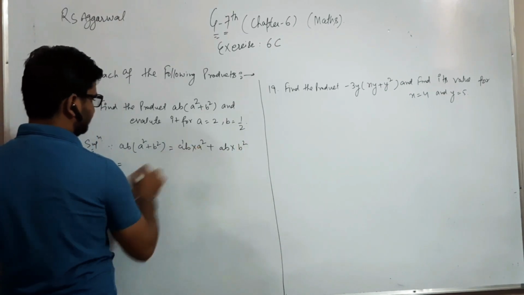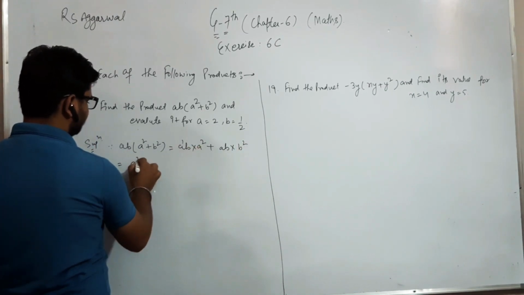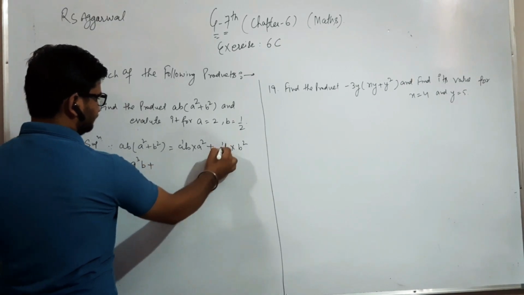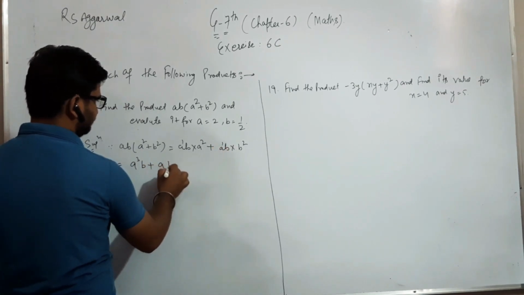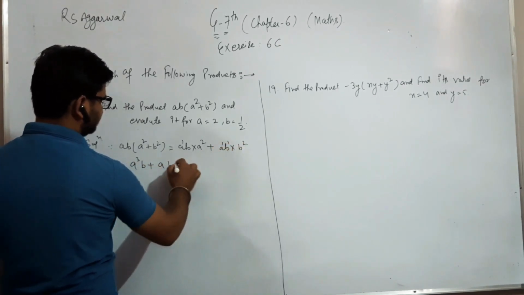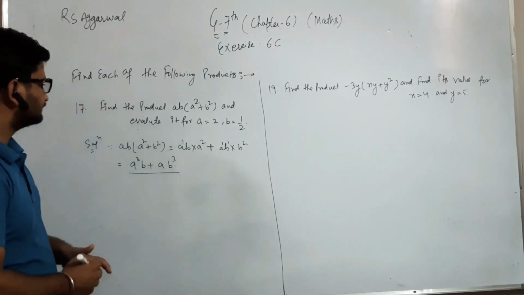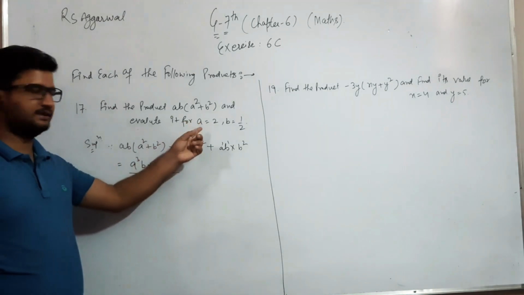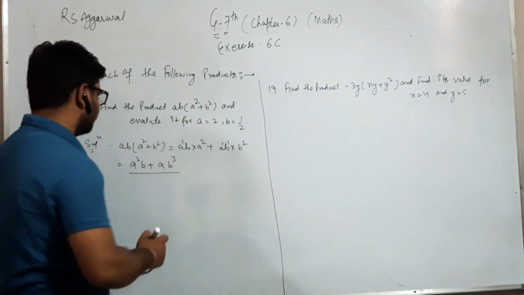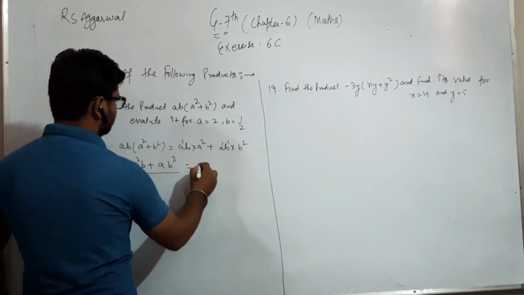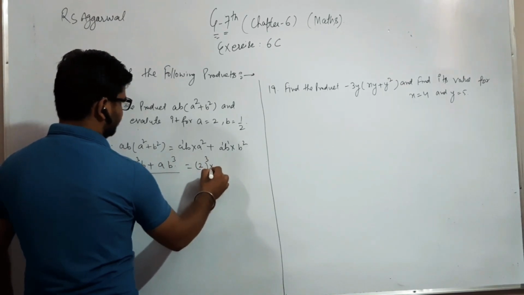So what is left? It is here a raised to power 1. So it is a raised to power 3 and b, plus here a raised to power 1. So it is a, b. So 1 into b it is b raised to power 3. So this is the product. And we evaluate the answer of this question when we put the value of a is 2 and b is 1 by 2. So here we put the value of a, the 2 raised to power 3 into b is